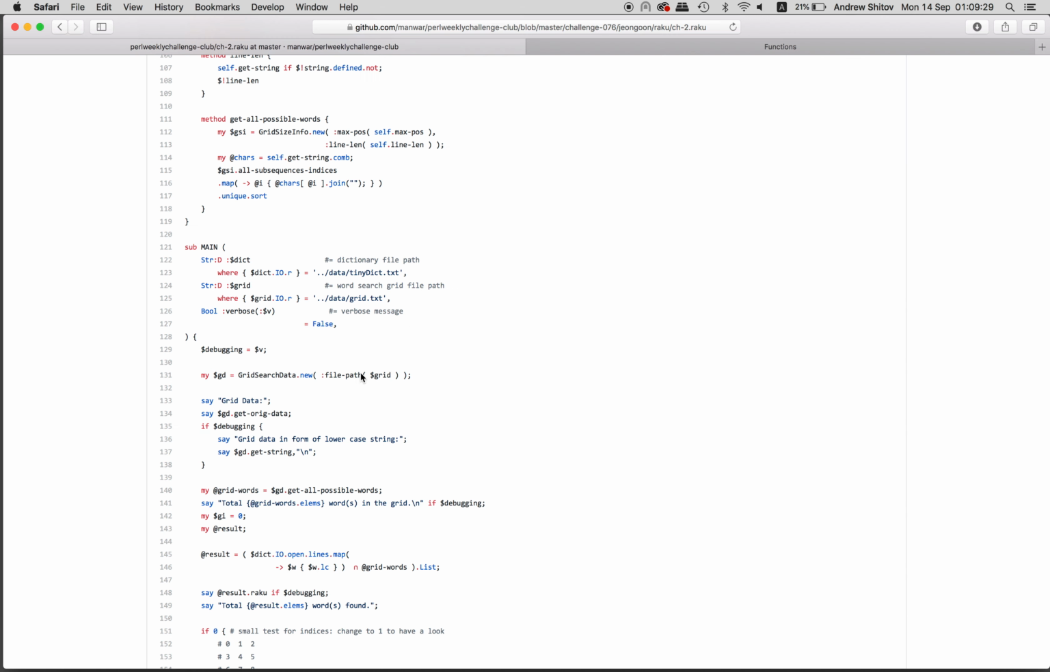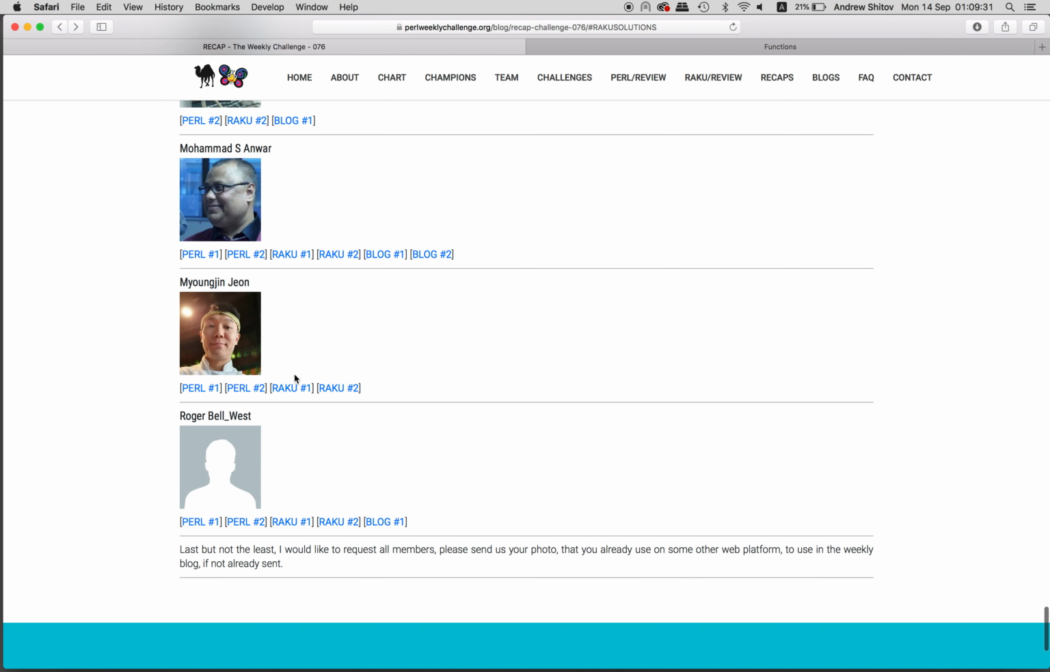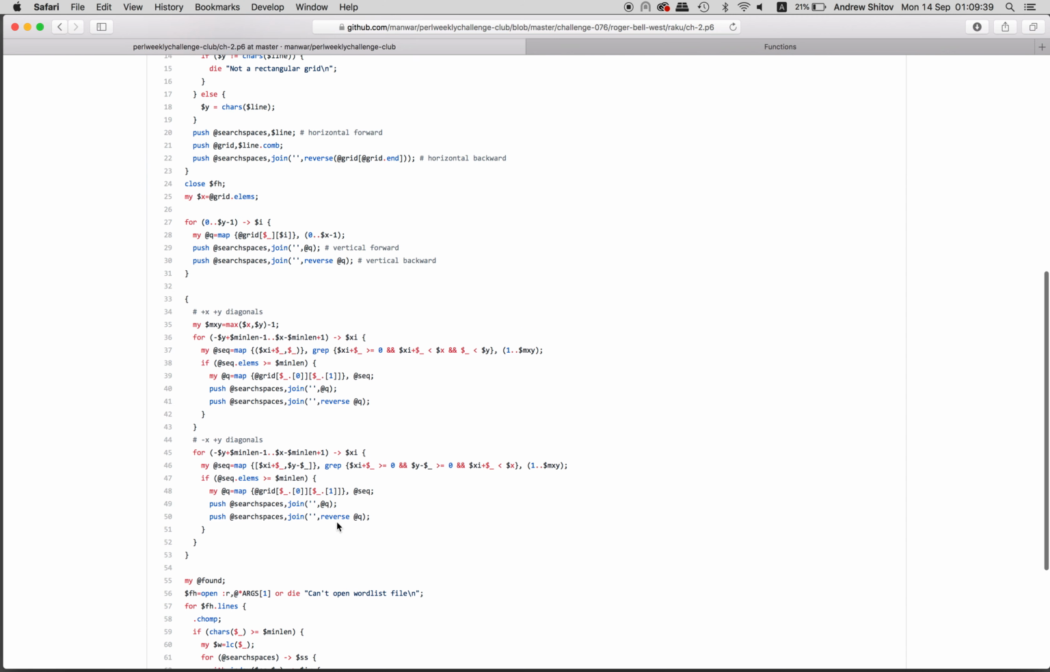Okay, nice. So there are two classes used there. And finally, the last solution in this list today, Roger Bell West with the solution for the crossword